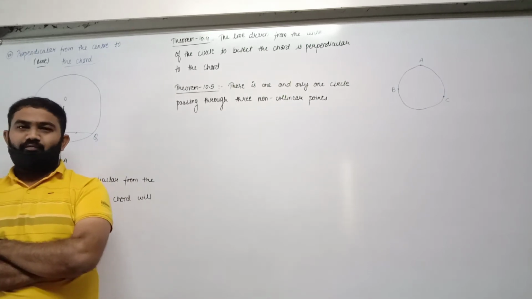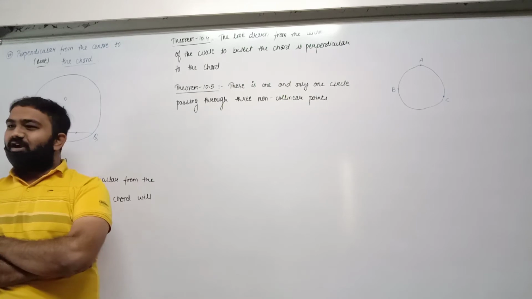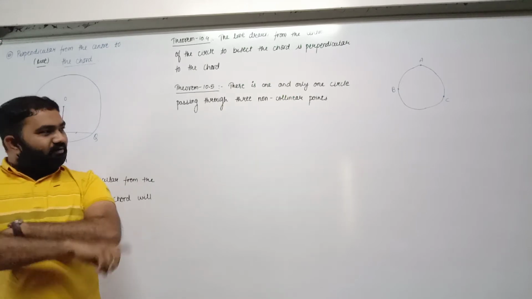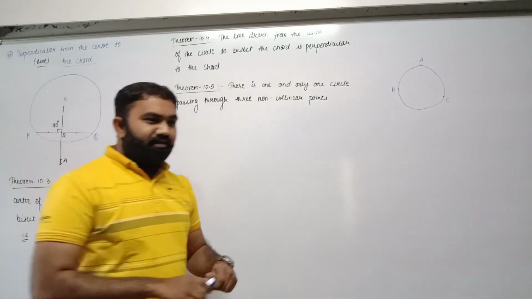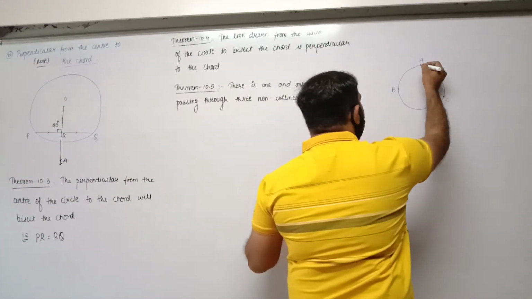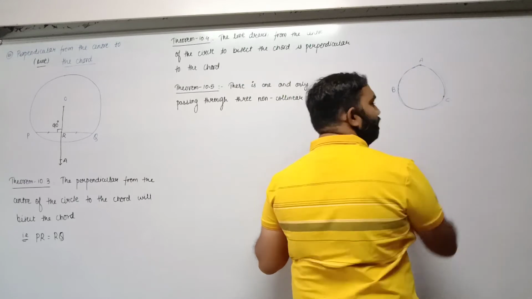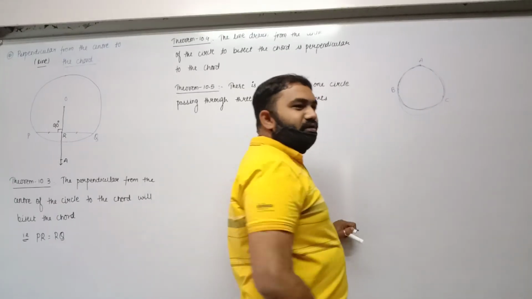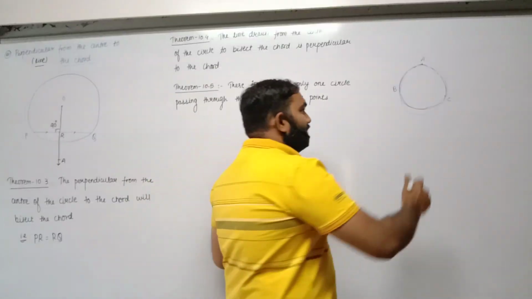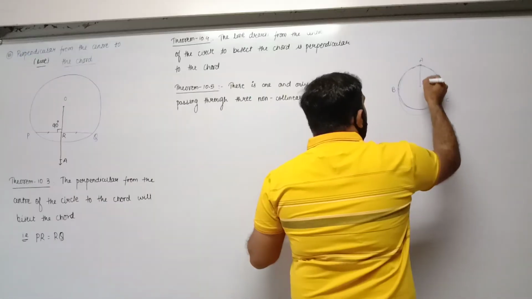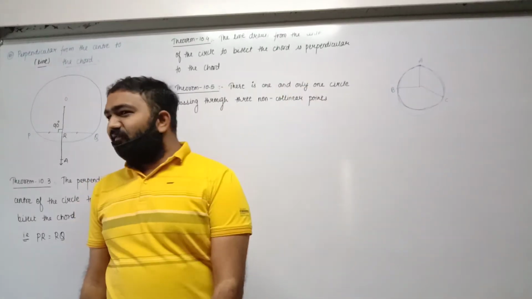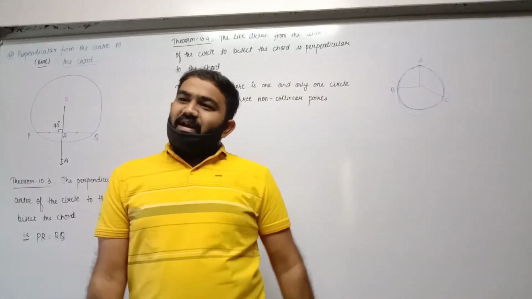No. You cannot draw any circle passing through three non-collinear points when one has already been drawn. You cannot say that I'll start with A and draw another circle, or that I'll start with C and draw another circle. The radius, that means the center, OA, OB and OC, these are the radii of this circle and are already being utilized.